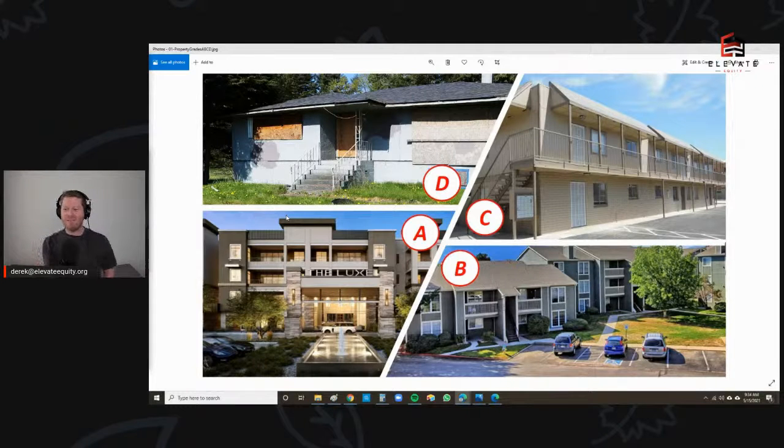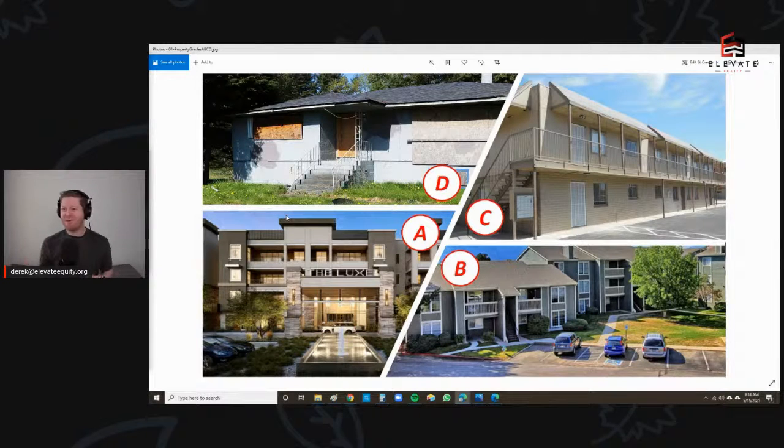The A property, as you can see here, is like a downtown luxury apartment complex. That's something right in the middle of the city, super high price. So the rents are high, but the price is even higher. If you tried to make an investment here, it's a very stable return because there's lots of demand. People really want to be there. Unfortunately, you'd have to pay a lot of money to go there, right? So the rent to price ratio is very, very low, okay?